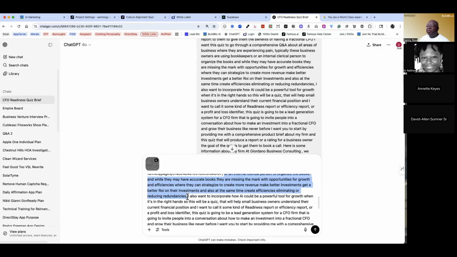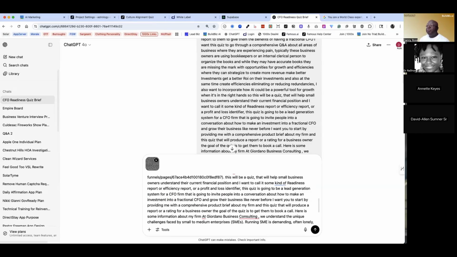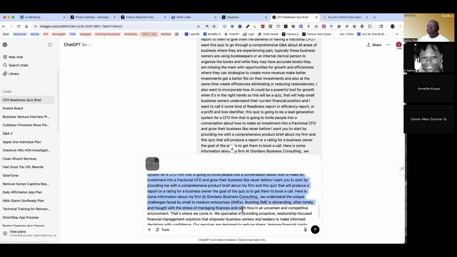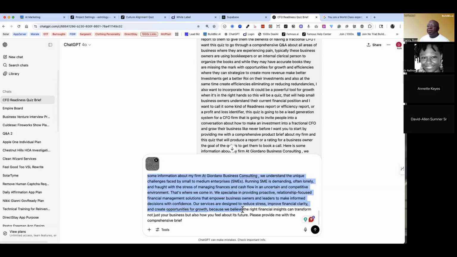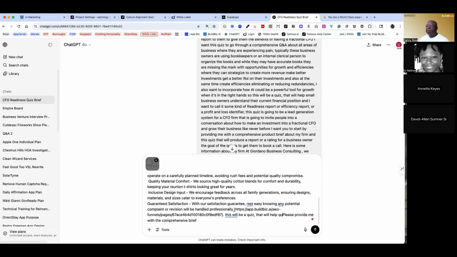I also want to incorporate how AI could be a powerful tool for growth when it's in the right hands. And then I'll go here. This will be a quiz. This will be a quiz that helps families understand the unique way cash flow specialists in this service will include stress. Please provide me with a quiz that will help families quickly understand